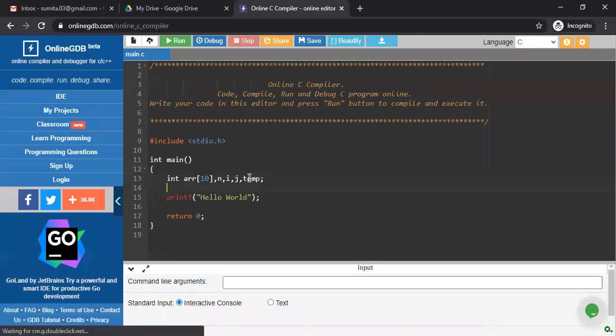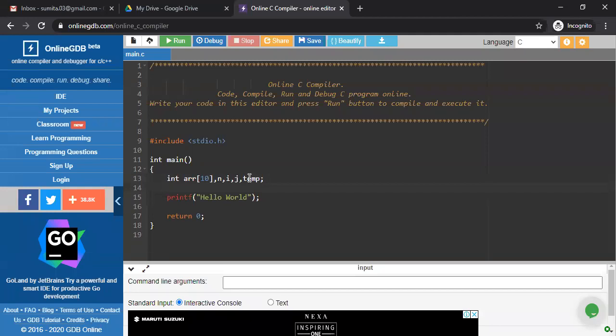Now, how many elements do we have in our array? So we have to declare the number n. For that particular reason, we have to write printf and scanf lines.